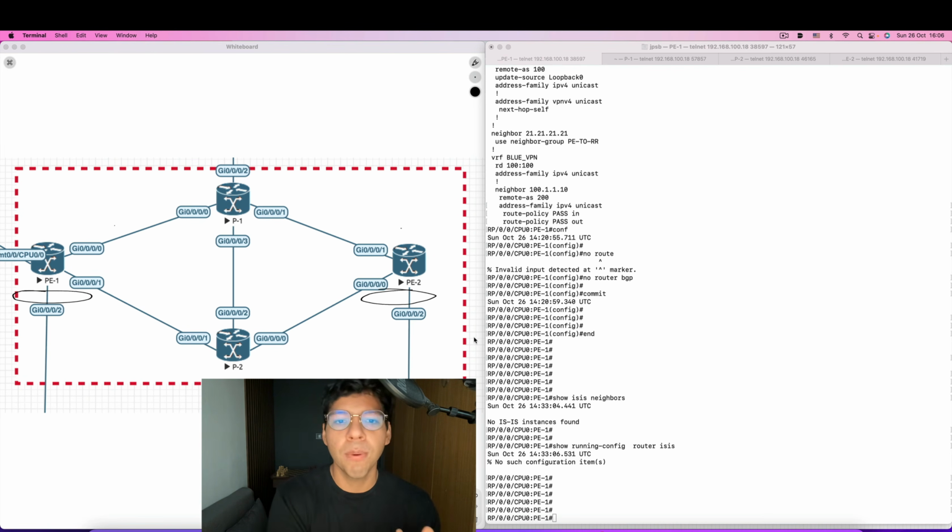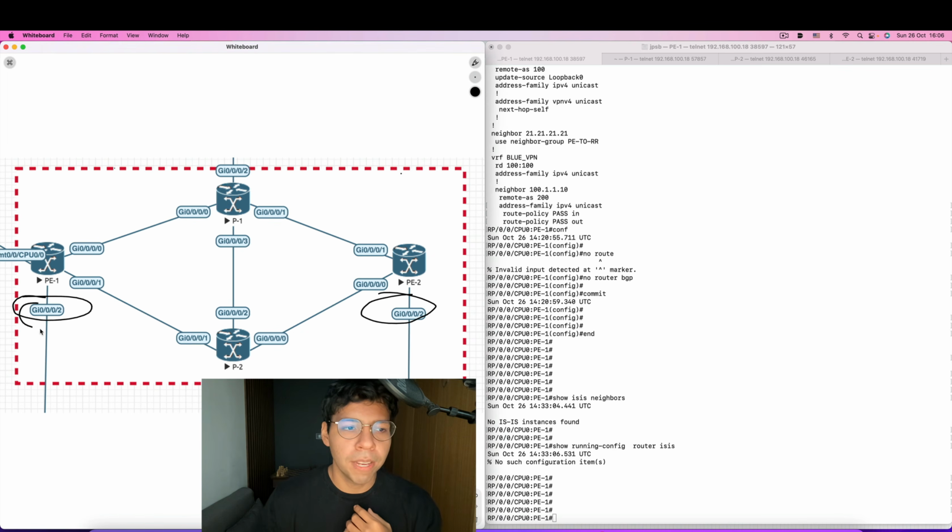So we have P1 on the left side and P2 on the right side. The GigabitEthernet 0/0/0/2 of each of them will be working as the service interface for layer 3 VPN, so we will put those interfaces in a VRF. And of course, we will need to build the layers that are needed for configuring layer 3 VPN features. Those layers are, first, implementing ISIS,